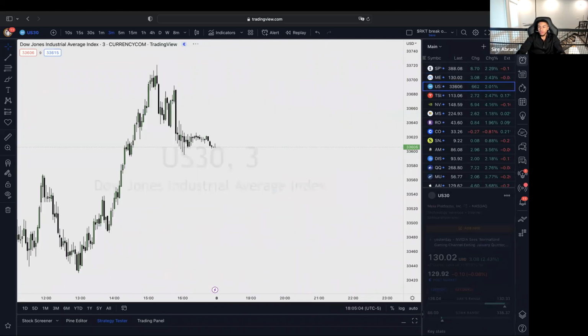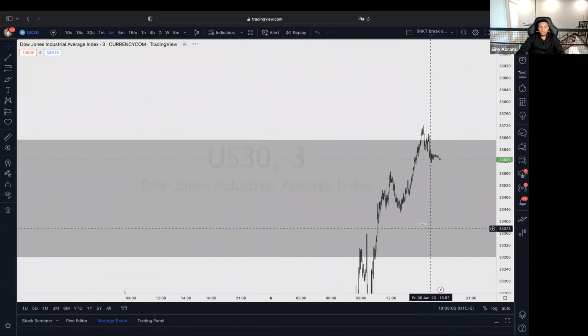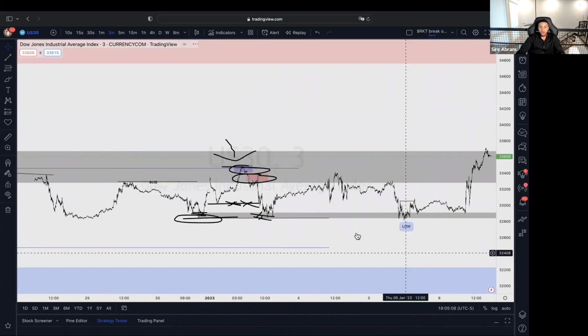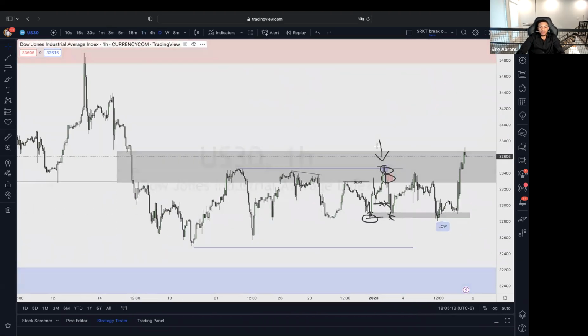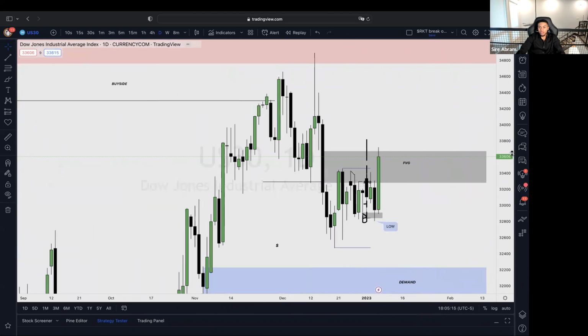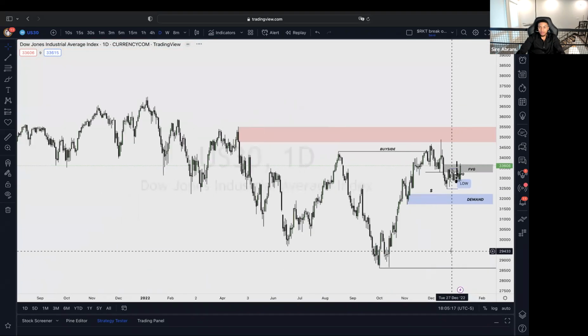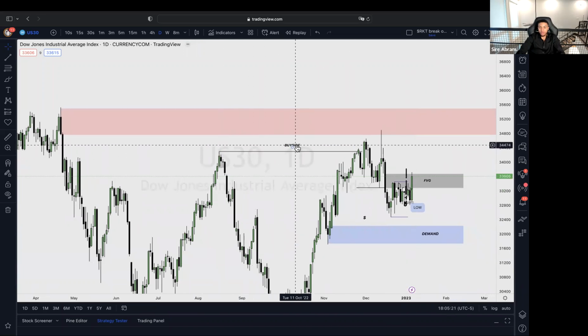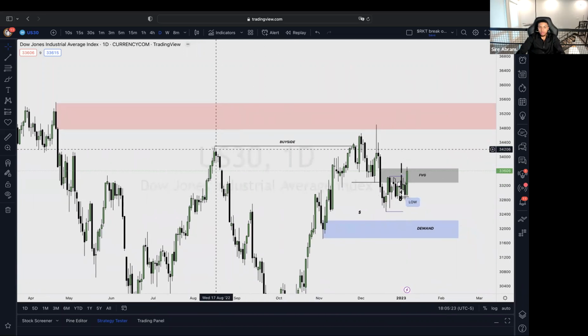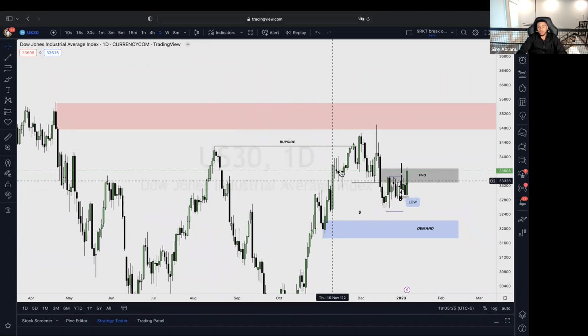All right. So now the next trade that I'm going to go over, this is with Forex. This is for US 30. So this is going to be a little bit different. Okay. So I played downside for this. So if I go to a daily time frame, what do we see here? We see we have this buy side liquidity. We have this high, and I'm looking for this to get taken out.